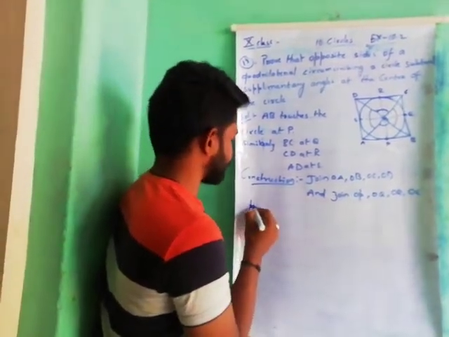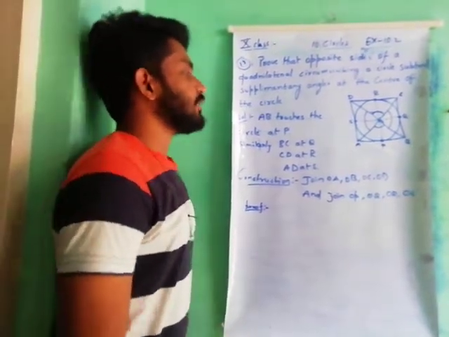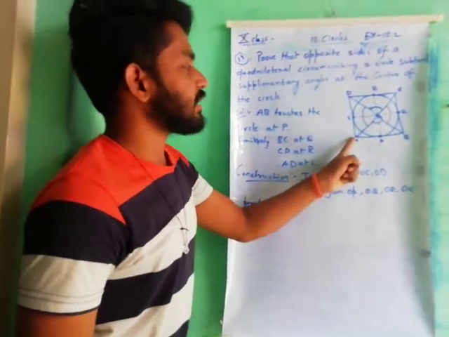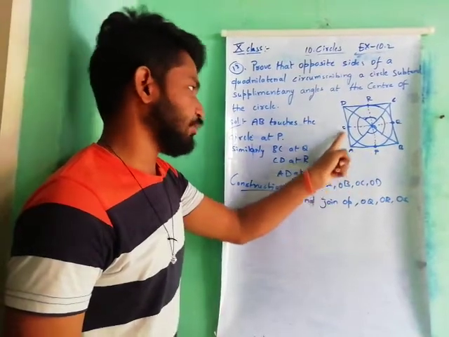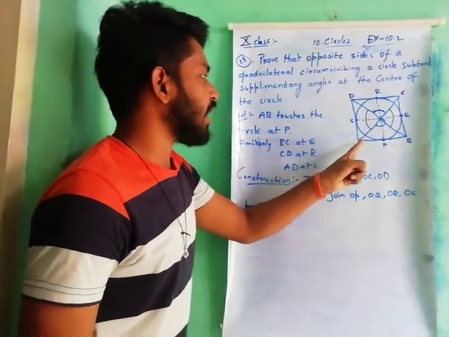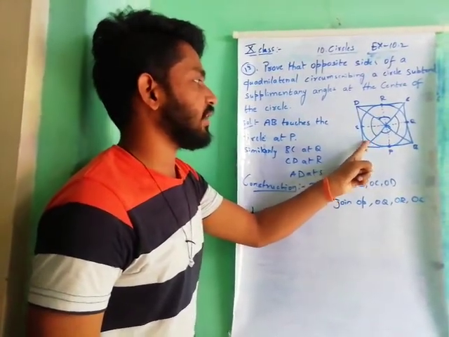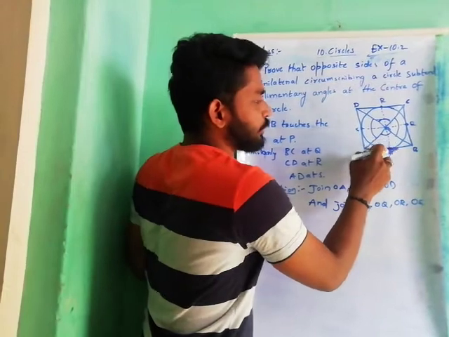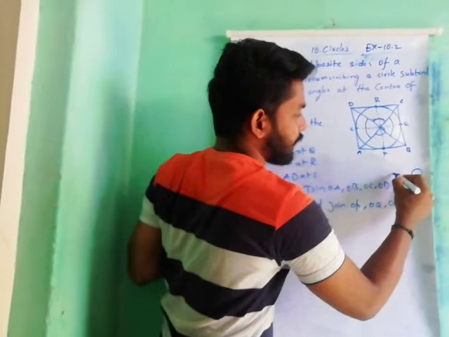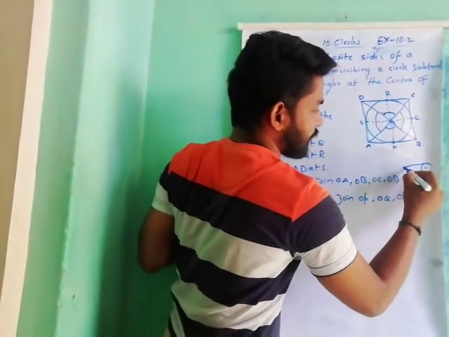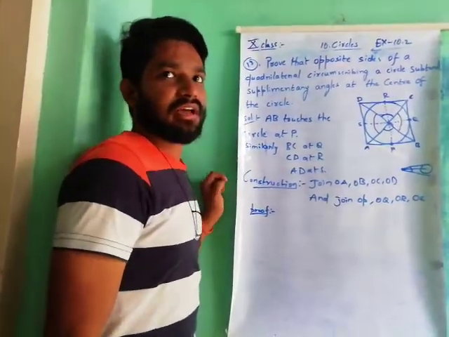Proof. Already we know from theorem 10.2 that from an external point, if we draw two tangents, the two tangents are of equal length, and if we draw a line from this external point to the center, it makes equal angles. Yes or no? This angle is equal to this angle. For example, this is the circle, this is an external point, this is the center. If we draw a line, this angle is equal to this angle. Already we discussed this in earlier problems.